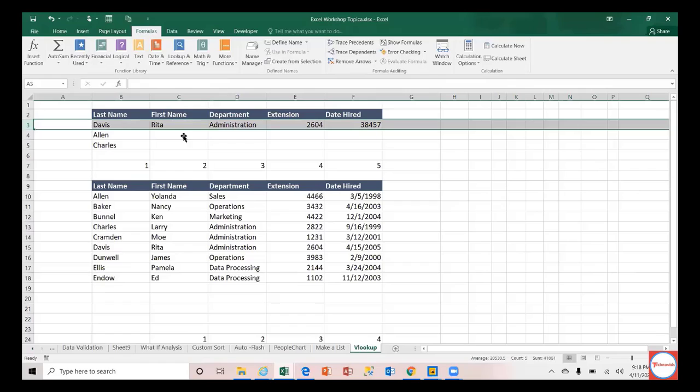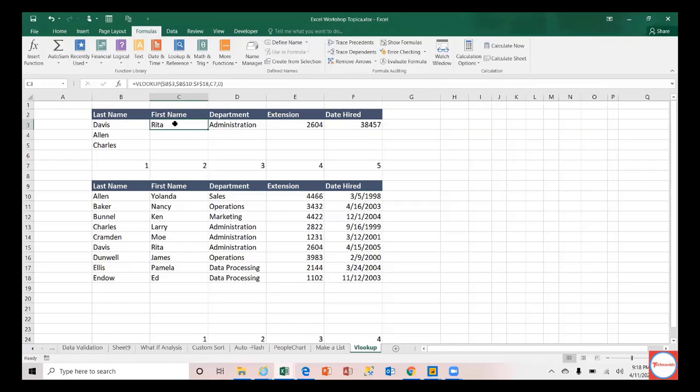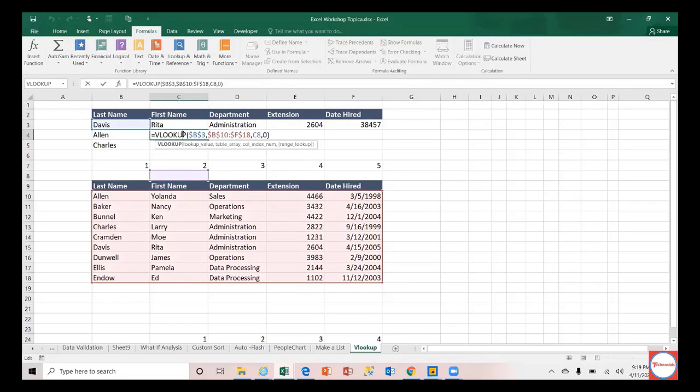I think that is pretty much understandable, right? So if I do that, it may not work, because if I drag here again, it will pick for Davis. Again, it's picking for Davis. That is not what I want.